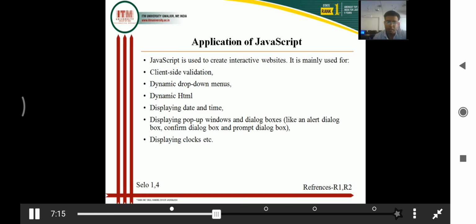JavaScript also provides many kinds of pop-up and window boxes, like alert boxes and prompt boxes. Using those boxes, you can provide dynamic interactivity to your program. In fact, clocks are also available in JavaScript to display the time while the program is being executed.